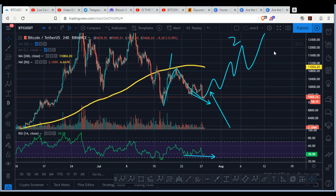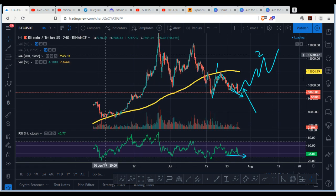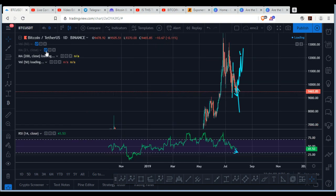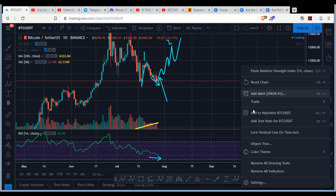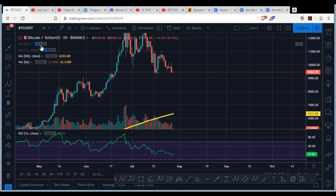down to 87. Because first of all, the 100 EMA, like I said, we got rejection from this 4 hour, we got rejection from the 200 EMA, and we could be getting support from the 100 EMA on the daily. So hopefully it makes sense, right? So on the daily, let's